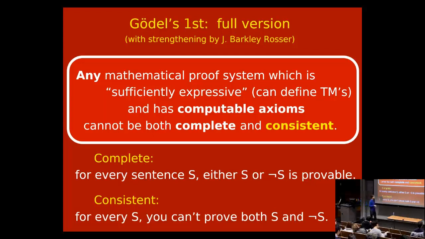Okay, so actually complete and consistent kind of says for every statement you can prove exactly one of S and not S. Sort of you can exactly resolve the provability of every statement. And what is the relationship between consistency and soundness? Can somebody say? This also you have to think about a bit, but